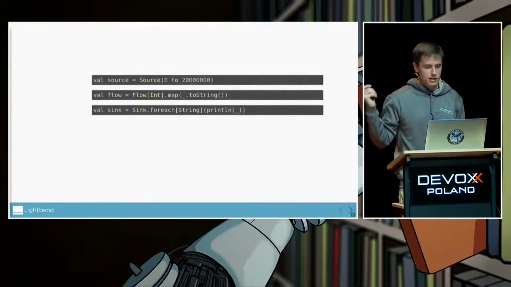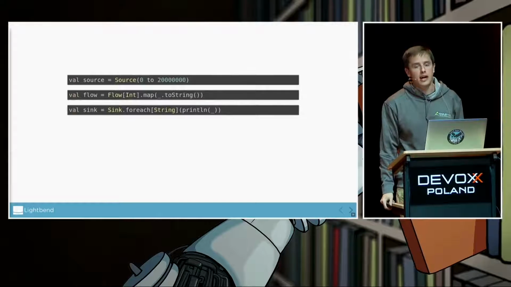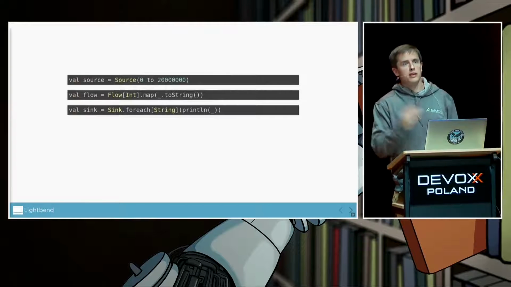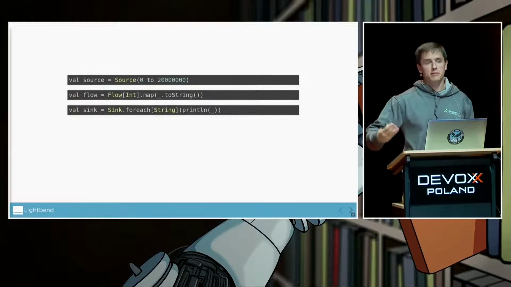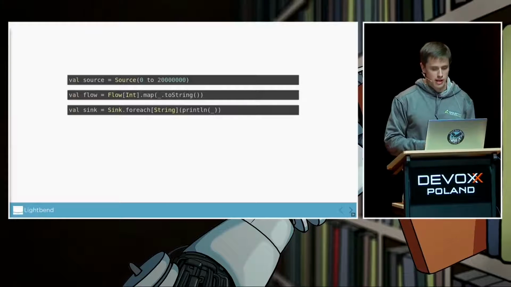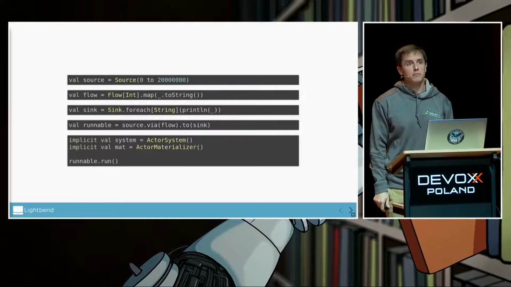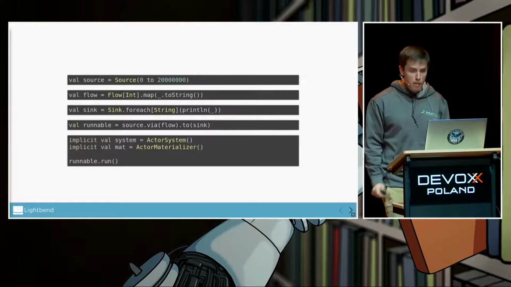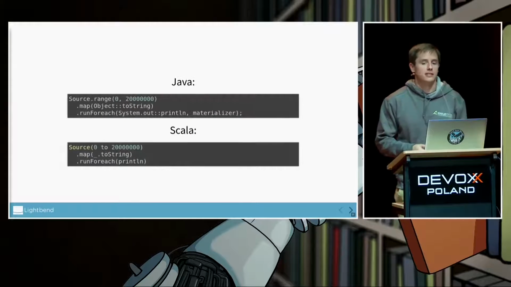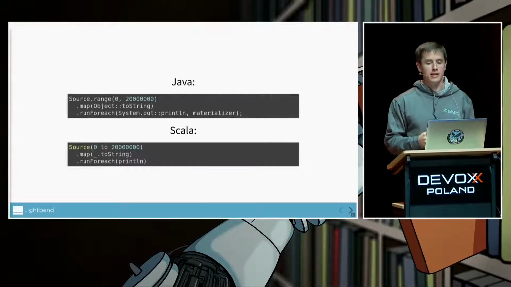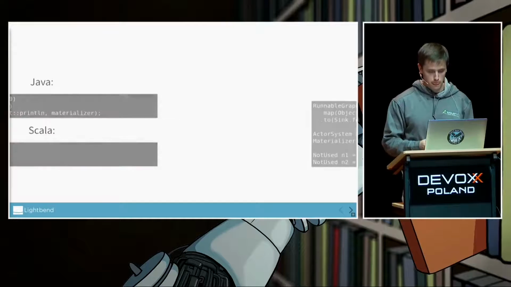If you've seen, that's the Java version. This is the equivalent Scala version. We try very hard to make the APIs look very similar, but try to be idiomatic to the Scala language and the Java language. So you can see it's really quite similar. A few less parameters because it uses implicits under the covers. Both of these can be even more concise, so this is the same program in 1 line or 3 lines in both Java and Scala.